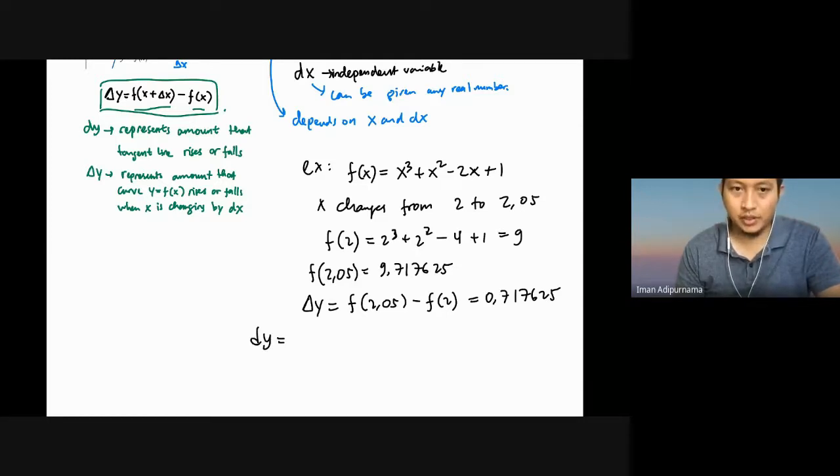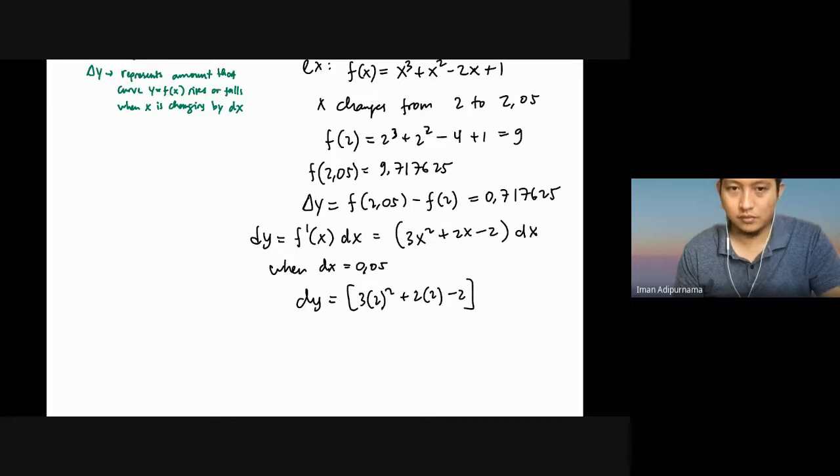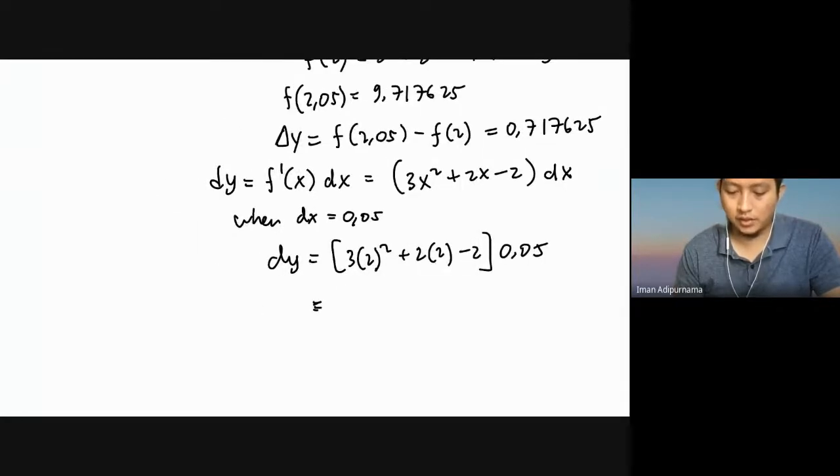In terms of dy, this will be f prime x dx, or 3x squared plus 2x minus 2, times dx. When dx is 0.05, dy becomes